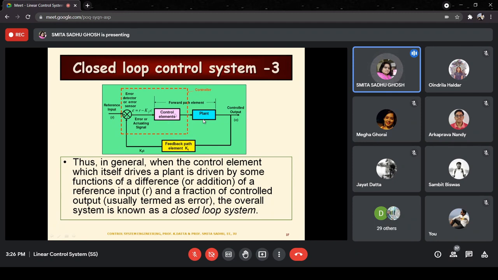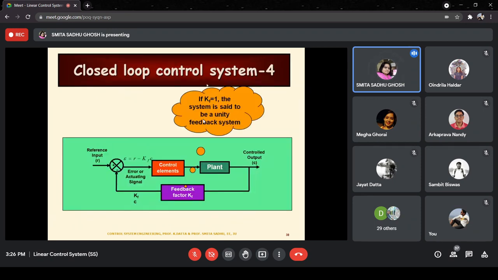If there is a 0 input over here, 0 signal is going to be influencing the plant. On the other hand, if there is some signal over here, then the control elements will accordingly generate the input to the plant, and the plant will act in such a fashion that corrective action is taking place, and the controlled output and the system as a whole has a response which is a desirable response as far as that particular system is concerned.